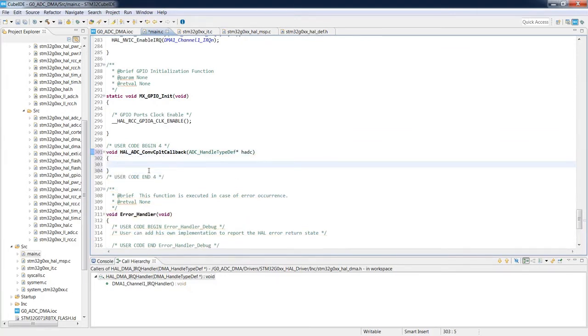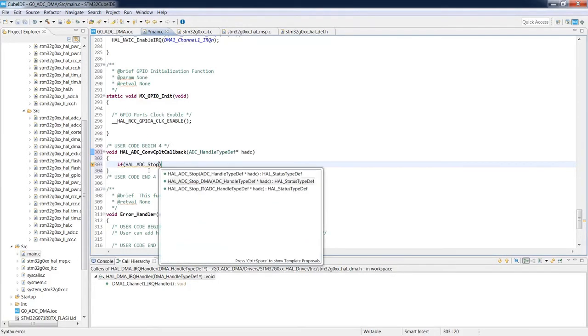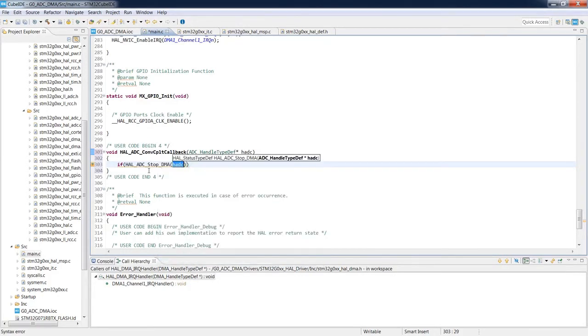And within this callback, we can either stop ADC in DMA mode or timer 2 to not trigger ADC anymore. So I will stop ADC. I'm selecting the function HAL ADC stop, and again we've got a DMA option, ampersand and 1.